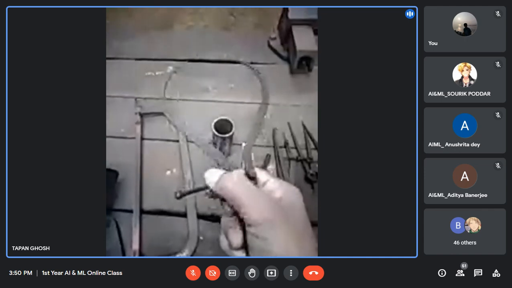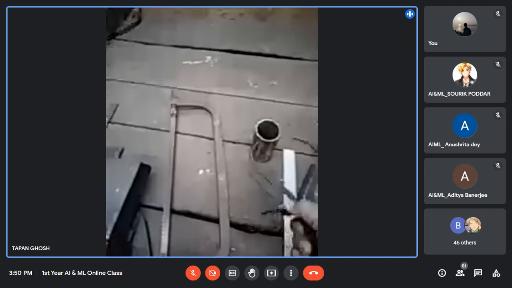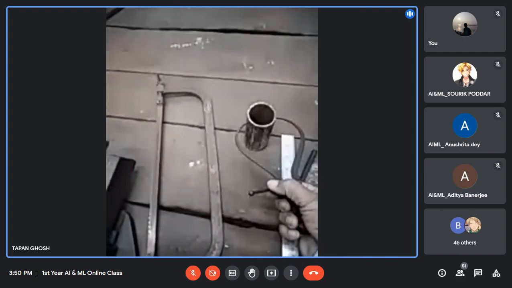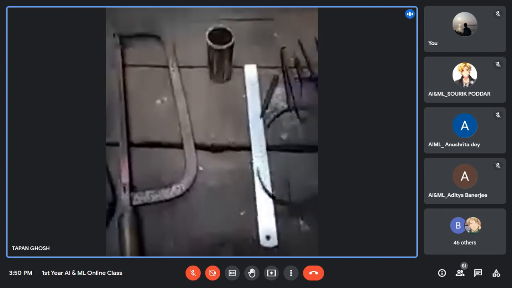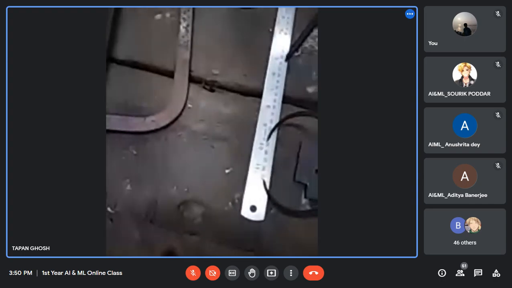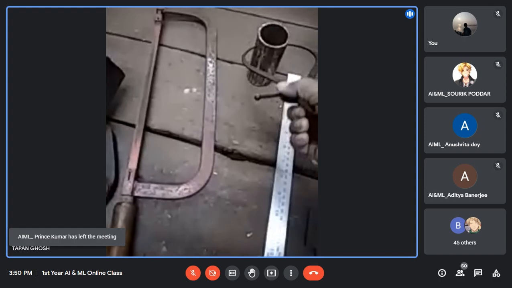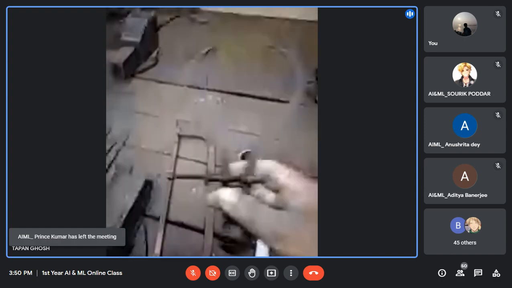Close it, touch both ends, and then you transfer or measure with the scale. So you can know the outside diameter. This is called an outside caliper.